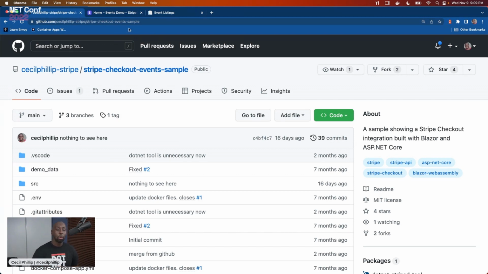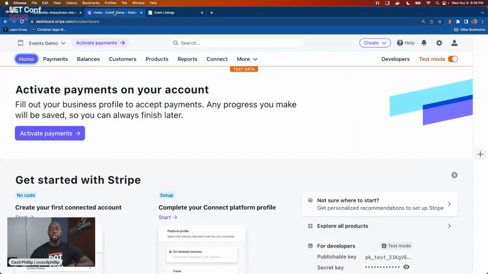Next thing I want to show you. This is the Stripe dashboard. This is just a demo account. It's not activated, as you can see, and not activated just means that I don't have any real bank accounts or companies attached to it. I just created this as a test account for us to try some stuff out. But two important things I want you to notice as I click around here: one, I'm in test mode. So folks, if you're testing around the account, make sure you're in test mode.